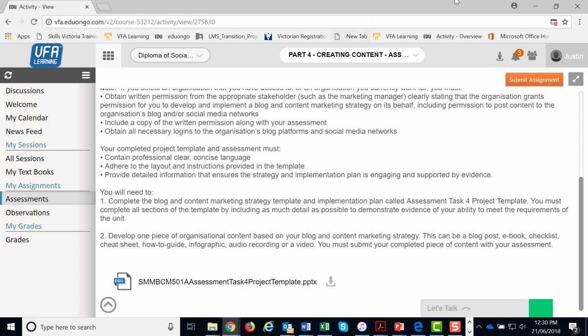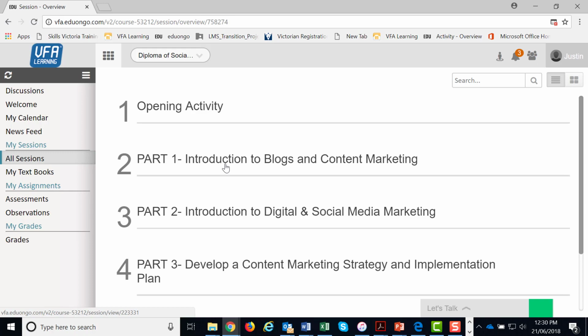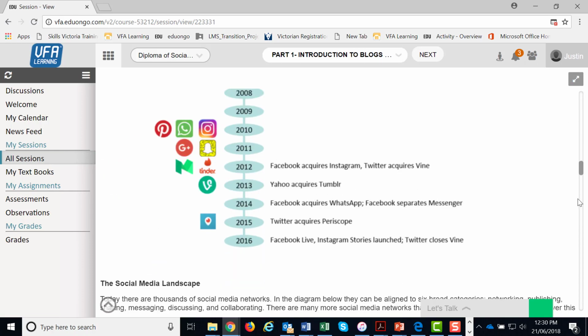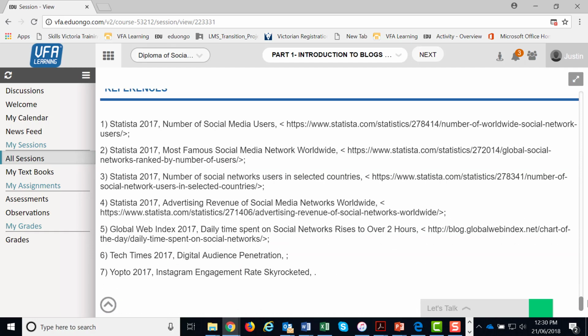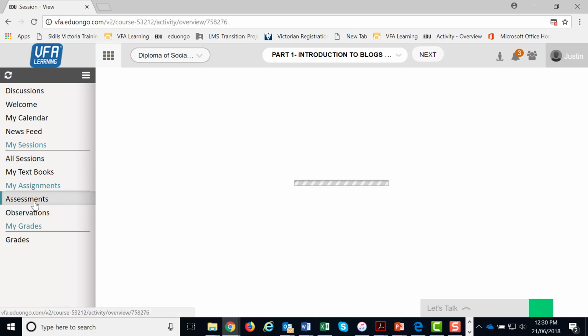So again, you're going to be talking to them about the discussions feature, because that's where discussions go into. But the major thing is actually working through the sessions, reading the content, and completing the activities down the bottom. Again, they might come back to you with questions, so it's really important that you understand that. So again, working through this, knowing what the activities are, giving them a brief overview in this video